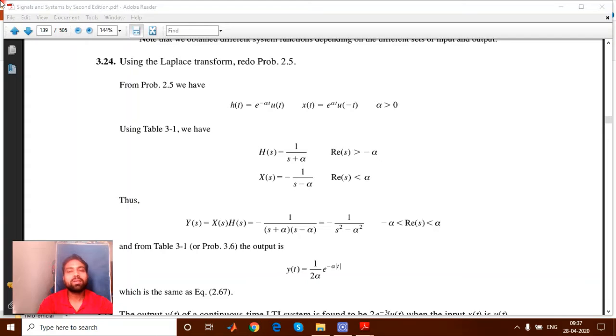If you have a black box, and in that black box you are providing some sort of input, and that input is giving an output to you. So we have basically three things. First, the input, which is generally termed x(t). Second, your system, which is the black box, and what is inside it is represented by another function h(t). Using this h(t) and x(t), one can find out the response as y(t).